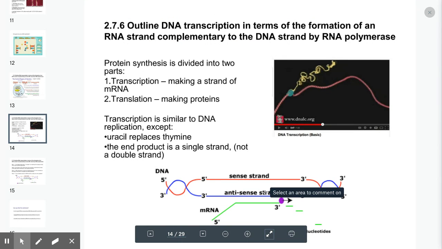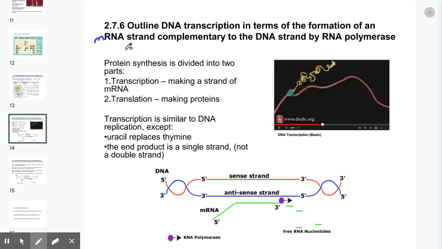Very simple diagram to explain it here, and maybe a couple confusing things. When we're talking about transcription, we're going to be talking about the formation of messenger RNA. There are different kinds of RNA, but messenger RNA is the one that has the code for the gene, and it is complementary.